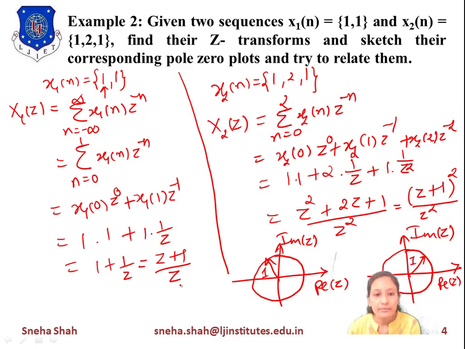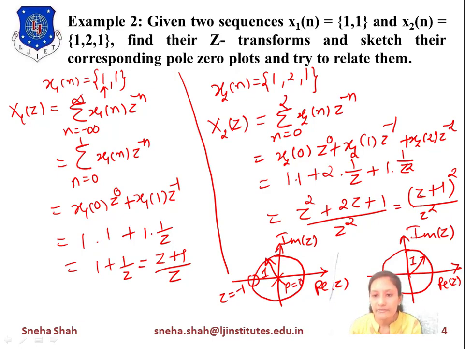Now we will find the positions of poles and zeros. For z plus 1, at z equals minus 1 this term becomes 0, so it gives the position of the zero. So the zero will be at z equals minus 1. Similarly, if we put z minus 0, or z equals 0, the denominator becomes 0. So it represents the position of the pole. The pole will be located at 0.